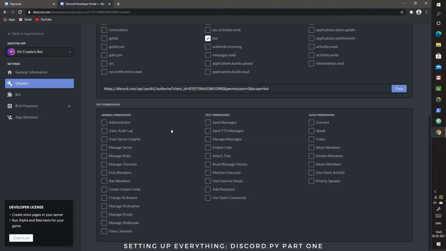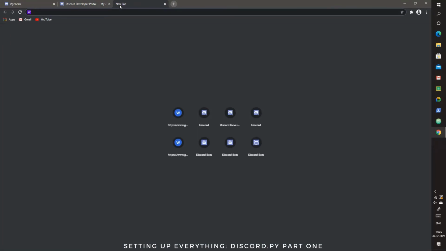So it can delete channels, it can do anything to the server. That's why we'll take the minimal permissions for now. But here we are just testing it, so let's just take administrator. And as you can see, when I deselect it, the permissions change. So here I'll just take some other ones, and you can see the permissions number always changes. So when I take administrator, it's just 8, and let's copy this and in a new tab paste it.